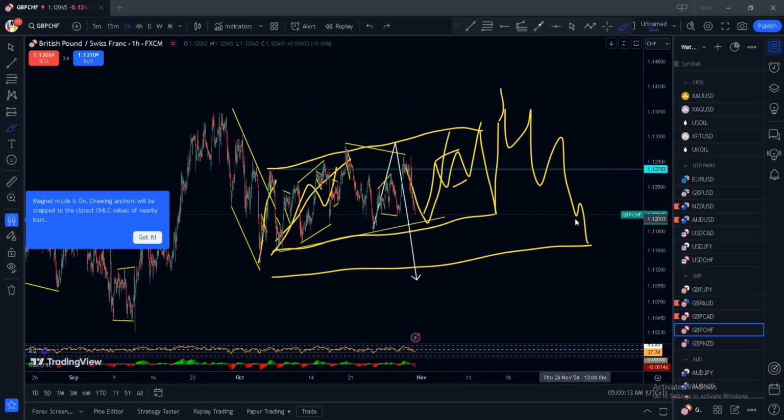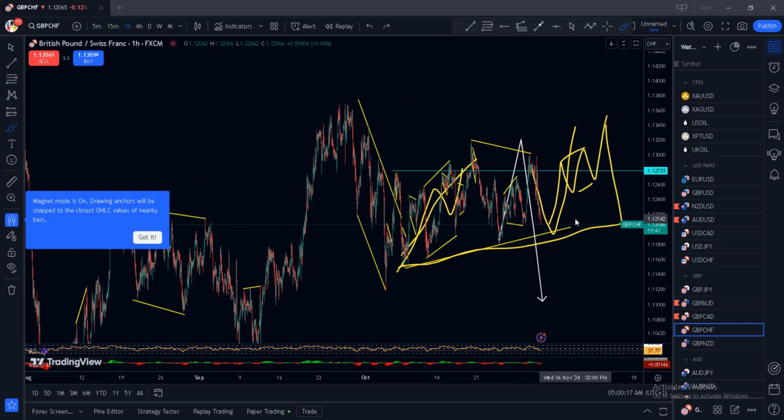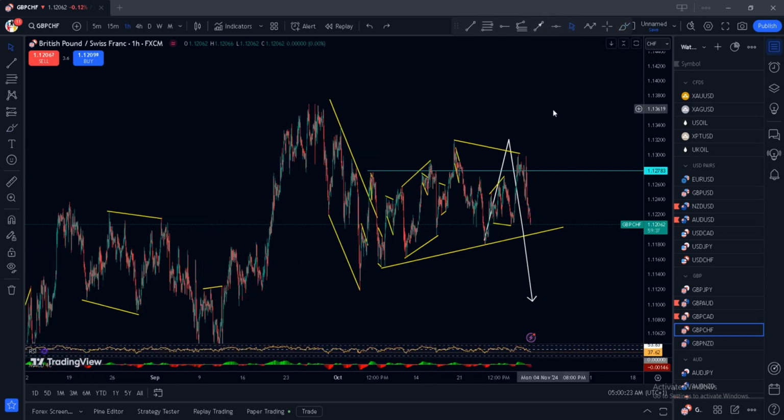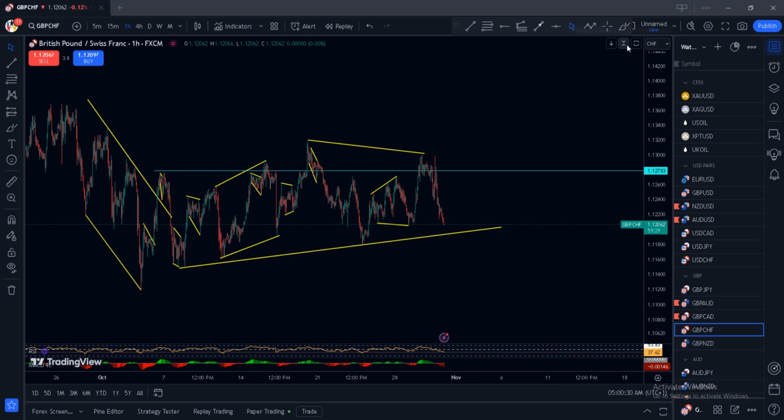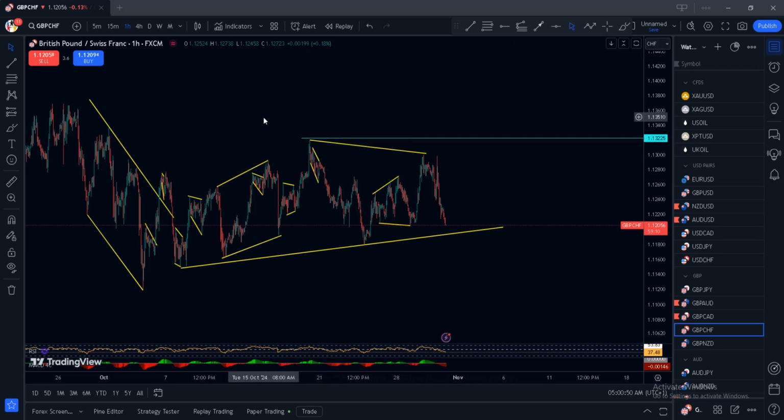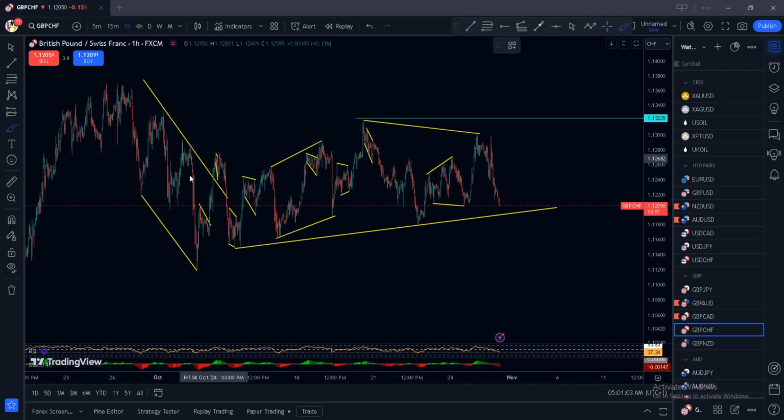Alright, so it's gradually taking another shape, and we'll keep a close eye on it and see what it does. Take this out for now, and let's keep a close eye and monitor it. Take this out. Yeah, put it here so we gain clarity, because I don't really see this as a 1, 2, 3 correction,